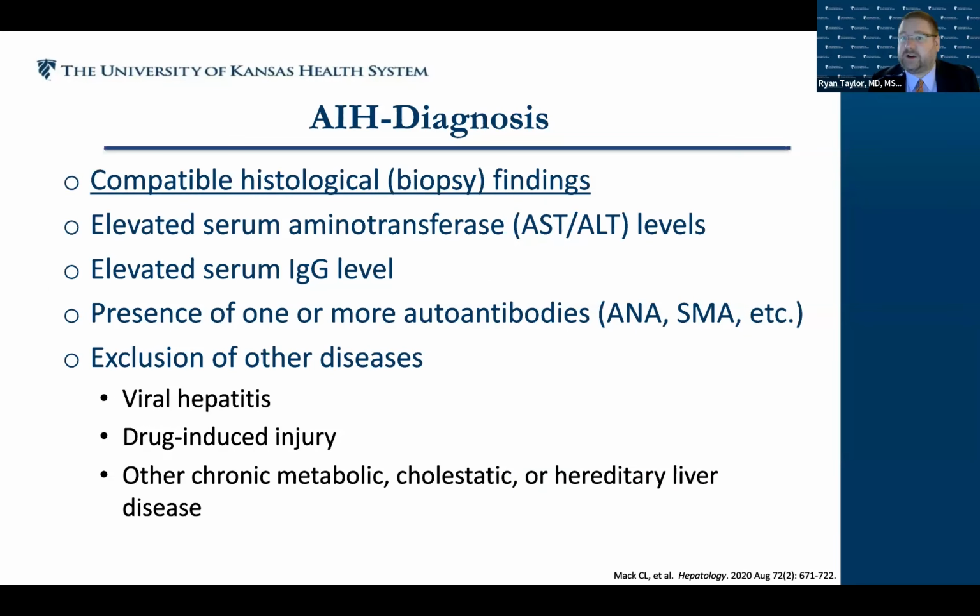Well, liver biopsy is critical for this disease, and patients usually have a compatible histopathology on their liver biopsy, but this is more of a transaminase disease where we'll see AST, ALT elevations. Usually alkaline phosphatase will be normal here. These patients will have an elevated IgG level. They will have the anti-nuclear antibody or smooth muscle antibody frequently positive, although 20% of patients may not have the presence of any of the standard autoantibodies. It is important to exclude other diseases such as viral hepatitis, drug-induced liver injury, or other chronic causes of liver test abnormality. Next slide.